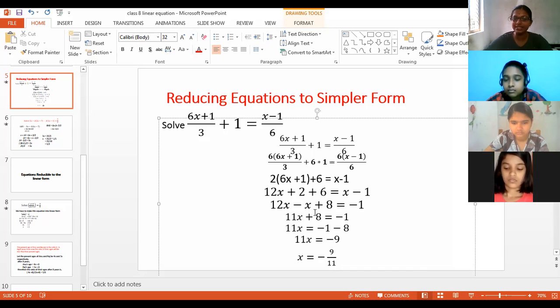After moving this plus 8 to our RHS, it becomes 11x is equal to minus 1 minus 8. So 11x is equal to minus 9. That's why x is equal to minus 9 by 11. Is it clear now? Dia? Okay. Then